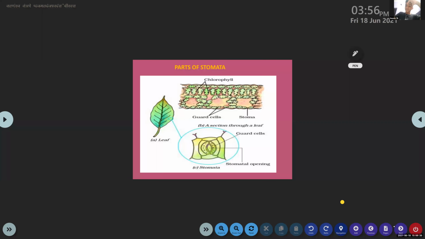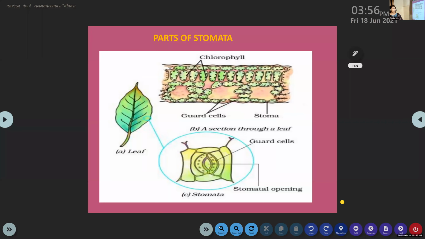Yes, ma'am. So this is the big picture of the stomata. This is a section of a leaf, and through the microscope you will be able to see it like this, with so many cells. These are green-colored, textured like cells. Many guard cells, they are stomata. So this is the leaf.